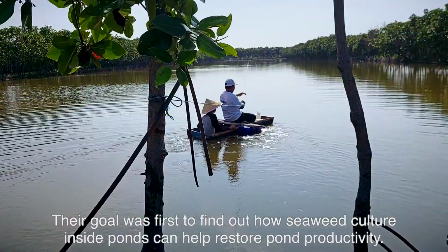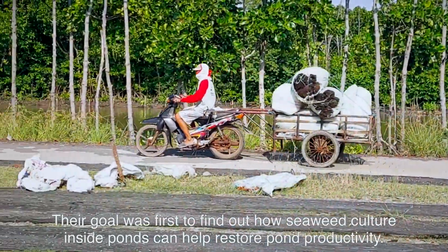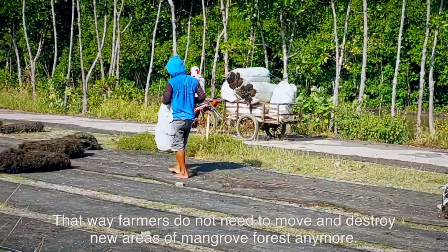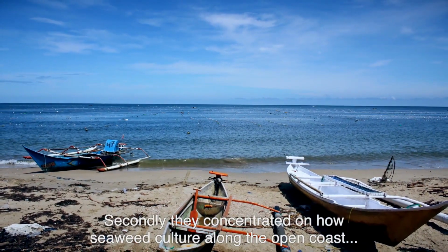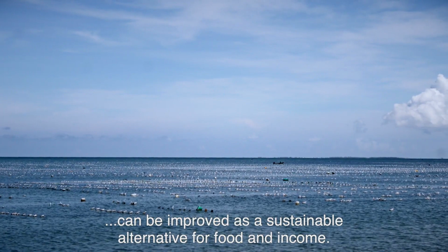Their goal was first to find out how seaweed culture inside ponds can help restore pond productivity. That way, farmers do not need to move and destroy new areas of mangrove forest anymore. Secondly, they concentrated on how seaweed culture along the open coast can be improved as a sustainable alternative for food